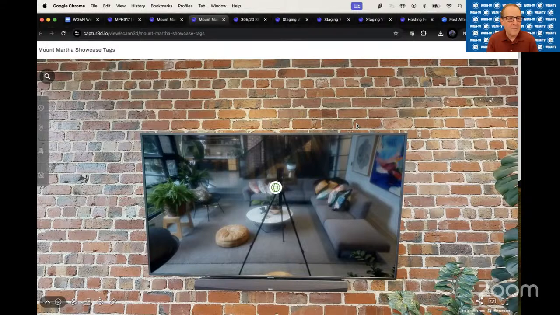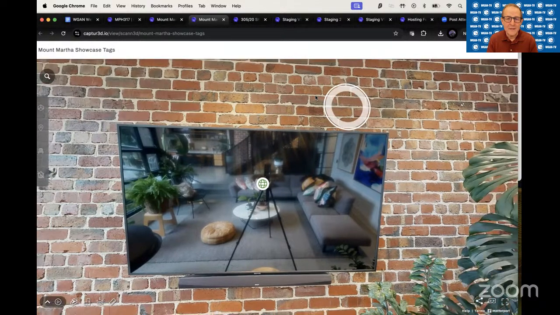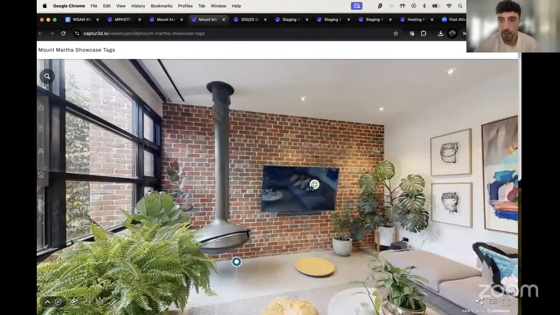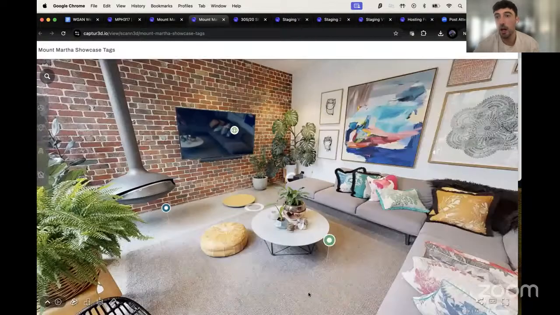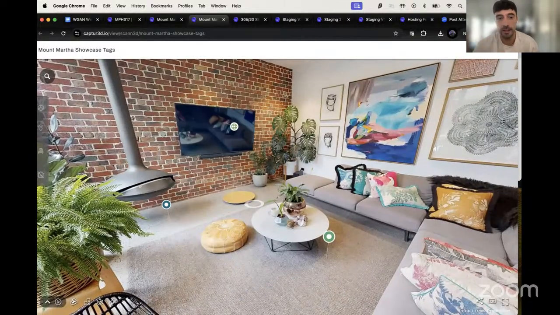Before we move to the back end to look at the tag analytics, are there any other captured created tags in this space that you wanted to point out for some reason? No, so just this tag within the TV at the moment. So that tag placed on here. All of the others are native meta tags.